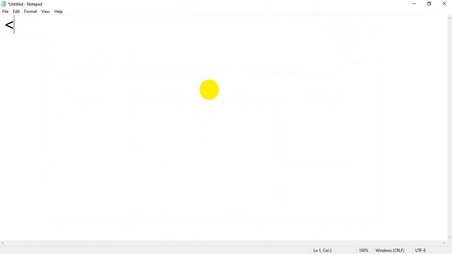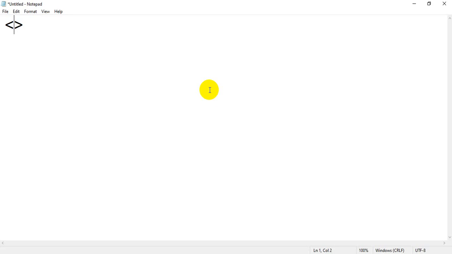So we have seen how to start our programming language, or how to write our web application or web programming. We have to write our HTML or HTML5 coding in an application program, that is notepad, which is easily available in all Windows operating systems. Okay, so we have started our application, notepad, and we are going to write our HTML5 code, and we will learn how to use different input types and their attributes.